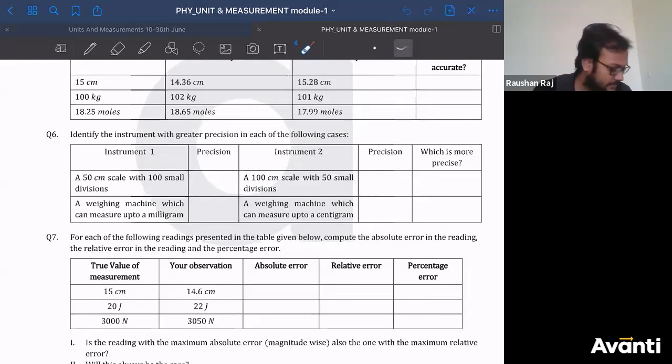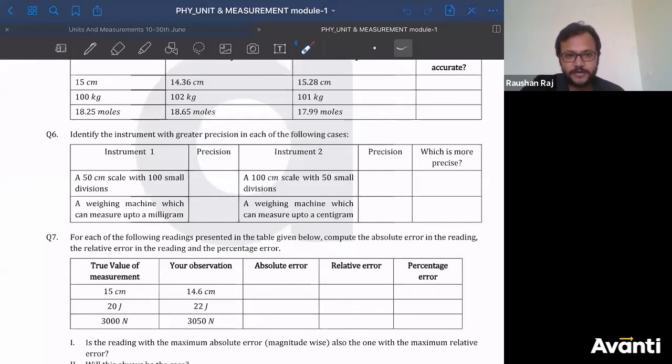No one. That means you are not solving numericals at home. This is very, very bad. Ritvika, only Ritvika. This is the last class of units and measurement, and there are only 2 chapters that have been given in this module book, and you have not solved any one of them. If you are going to continue like this, physics is not for you. You will regret it at the end, saying, sir, why did I not solve it.